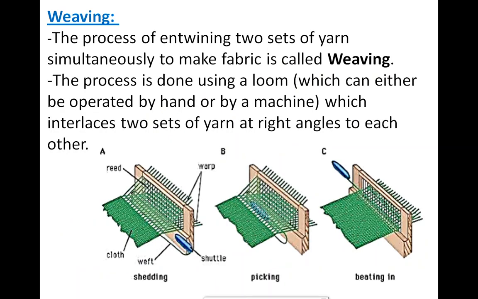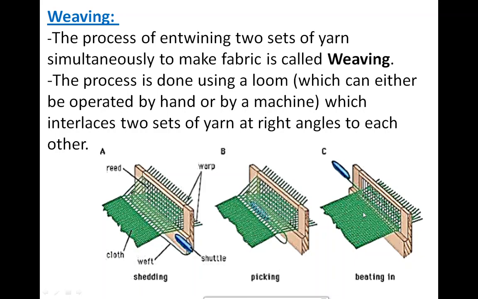See the weaving, actually what happens in the weaving process. A fabric which is made up of two sets of yarn arranged together, and that process of arranging two sets of yarns together to make a fabric is known as weaving. Means one set of yarn we are arranging into the second set of yarn. See the image, we can see the first yarn, second yarn, and we are arranging them to form a